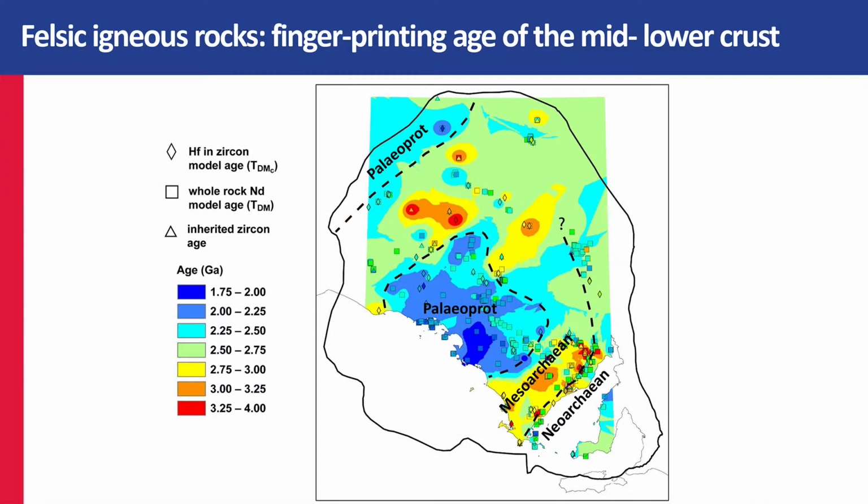So in this data set I've got point data for those 3 different data sources, as well as a grid. There's just over 300 data points in there. It works particularly well for the southern part of the Gawler Craton, where we've got the most data. I think you can see that we've got a broad region on the west coast where the rocks have Paleoproterozoic ages. We've got a Mesoarchean belt through the Eyre Peninsula, and then on the eastern coast of Eyre Peninsula and York Peninsula, perhaps continuing up to the north, we've got a Neoarchean